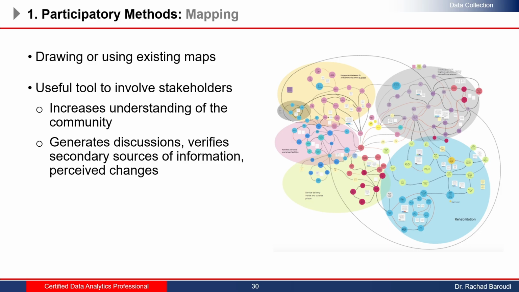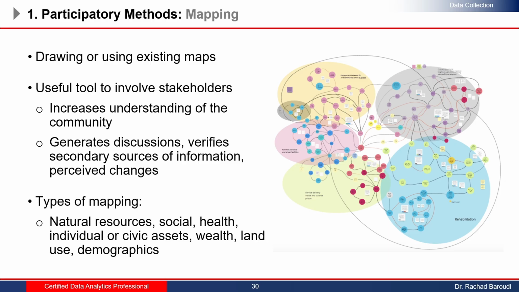huge discussion on anything that's related to a physical location, using the satellite images, watching for natural resources, explaining a social issue or a health issue, being, for example, a virus outbreak, assets, wealth, land use. If, for example, you want to put a highway inside the city, you will literally scan the map using Google Earth to try to determine what is the best way to put the highway, or maybe also if you want